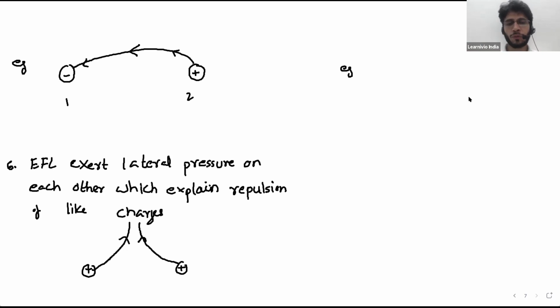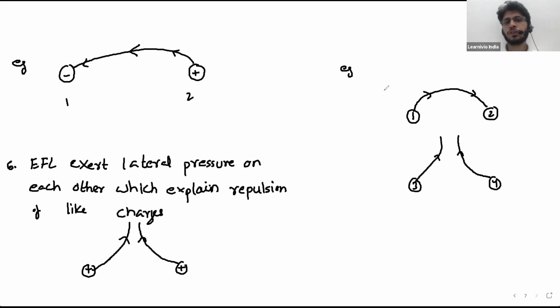Okay, give me 2 minutes. I am coming to electric dipole, then I will discuss your doubt. Okay, sir. So I'm giving you two examples basically. You have charge 1, charge 2, and this is the modification of field lines. Then you have charge 3 and charge 4, and this is the modification of the field lines.